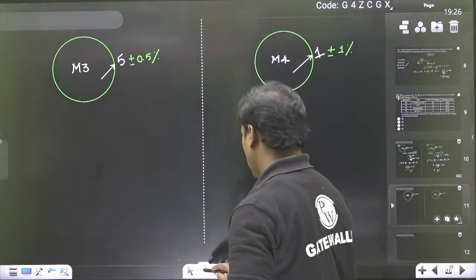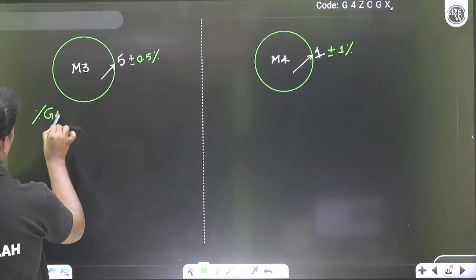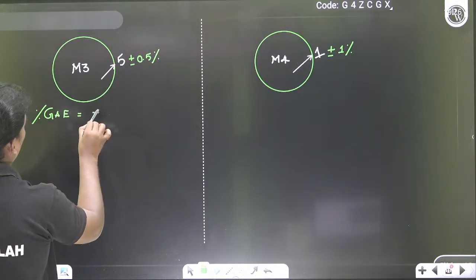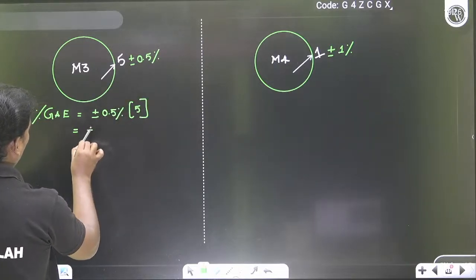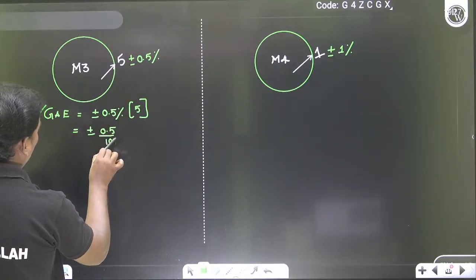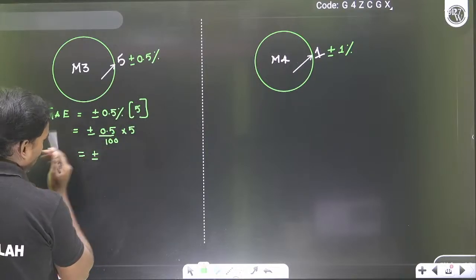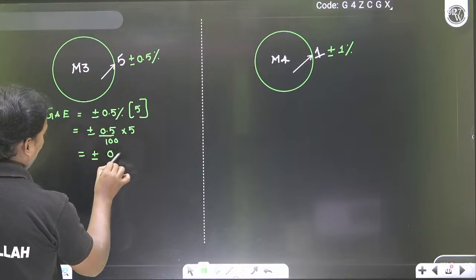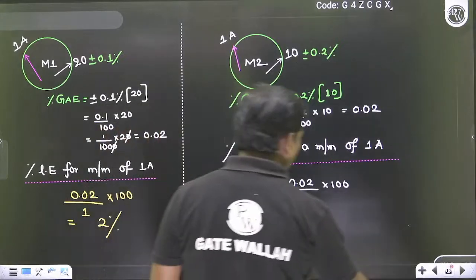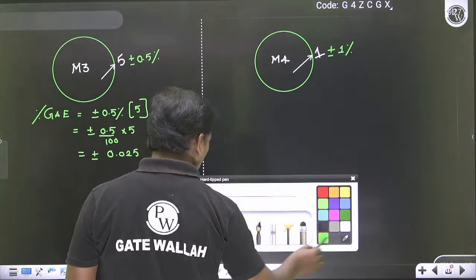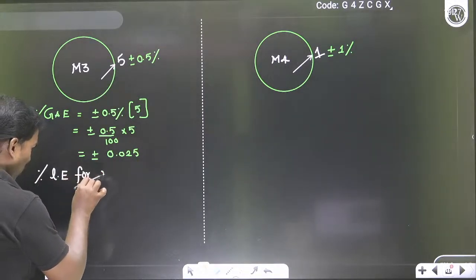Now let us see another thing. This one. Percentage of guaranteed accuracy error is plus or minus 0.5% of 5. That is plus or minus 0.5 by 100, so that is plus or minus 5 by 1000, 25 by 1000, 0.025. Percentage of limiting error for measurement of